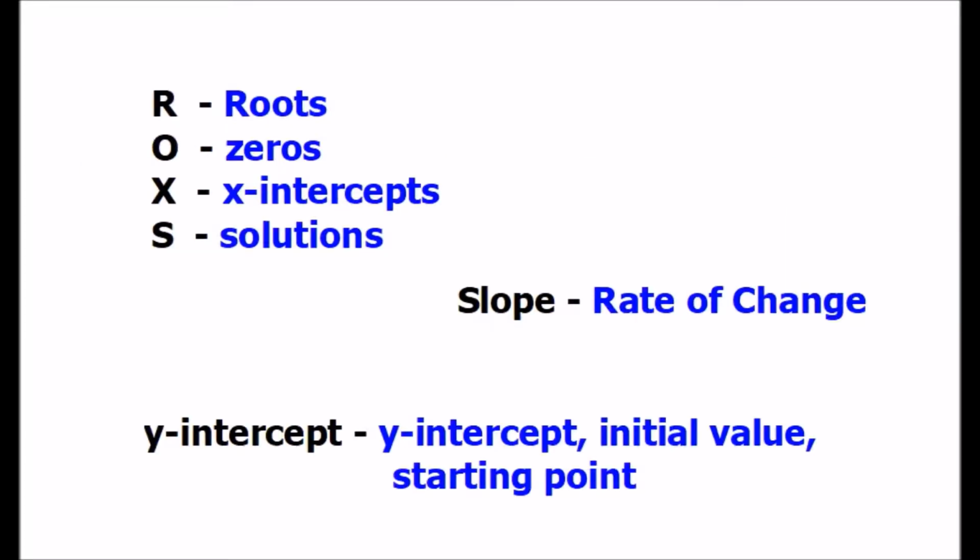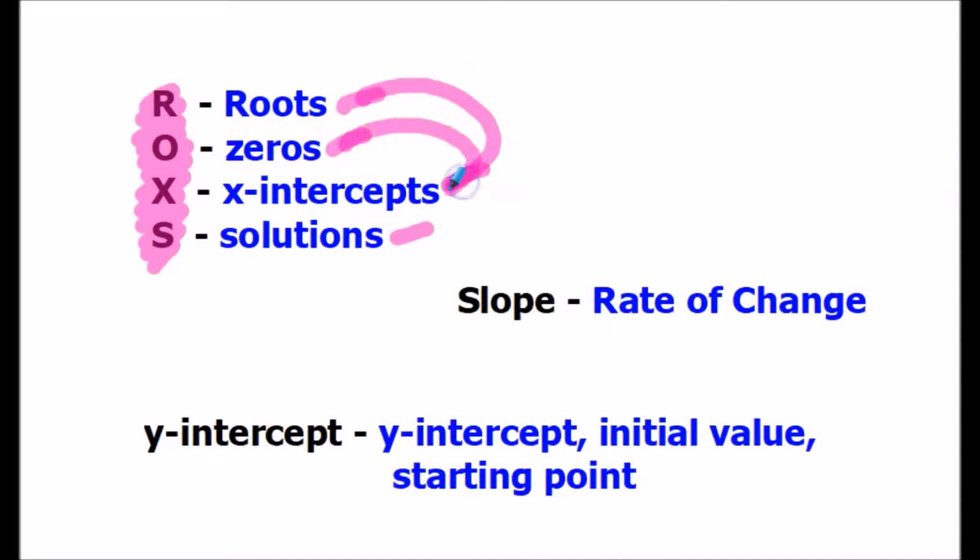What we like to do here is a big thing called ROCKS. See this right here? R, 0, X, S, they all mean the exact same thing. So if the problem asks for roots, it's asking for zeros, which means it's asking for the x-intercepts, which means it's asking for the solutions. All four of those words mean practically the exact same thing. So if you're ever having trouble and forgot what a root is, it's an x-intercept. If I forgot what a zero is, it's an x-intercept. If I forgot what a solution is, it's an x-intercept. The easiest thing for me to remember is that I'm always looking for the x-intercept when it says any